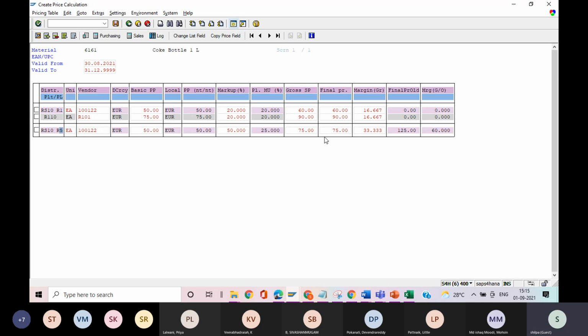For this 75, which is the final selling price at DC, it becomes the transfer price, which acts as a cost price for the store from the DC, which is 75. For this transfer price we will add up markup again and then we make it a selling price of 90. So if you again see this one, right,